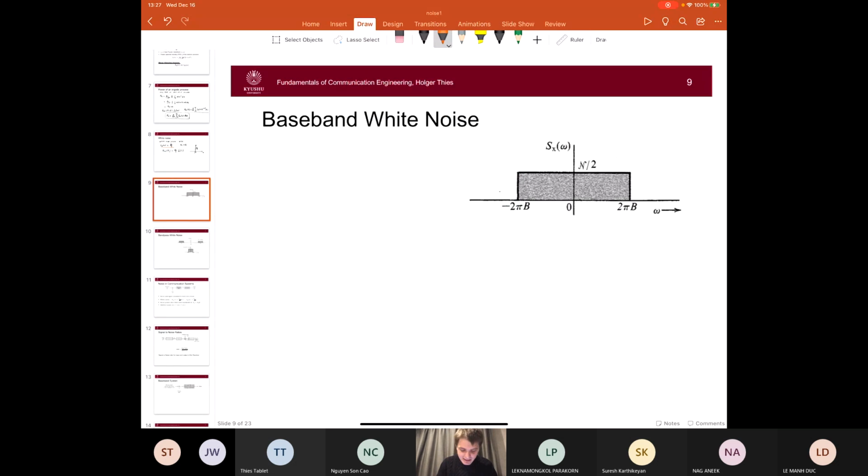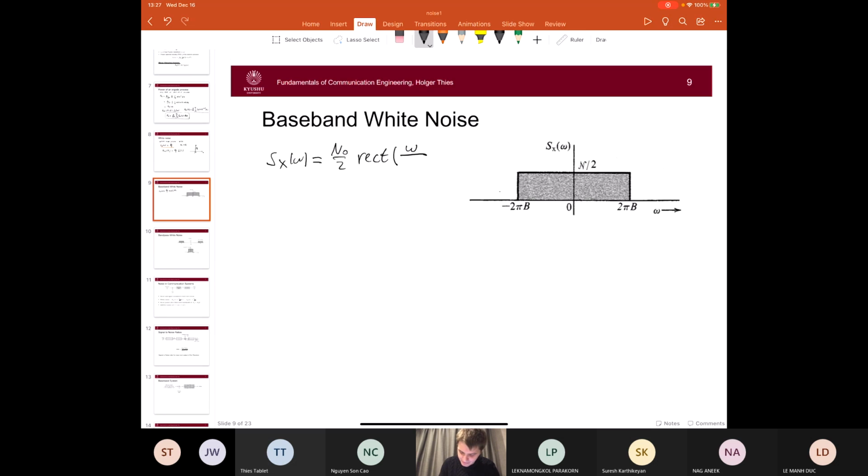Set them to 0. Then we can look at what if we have a white noise process. What will happen if we apply such a filter? So if we just remove all frequencies higher than some fixed bandwidth, so we filter out all the higher frequencies. That means the power spectral density will just be N0 half times the rectangular impulse function of omega